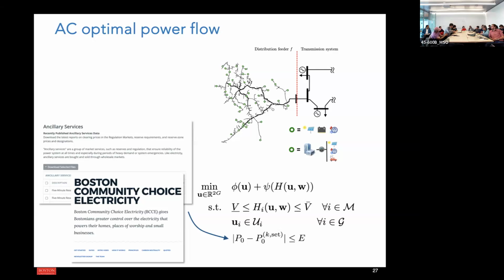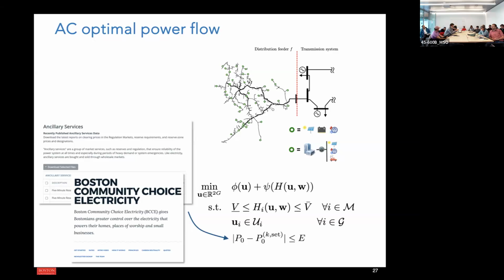Just a quick question, Emiliano. The satisfaction of the nodal power balance, where is that in this notation? Yeah, this is implicitly defined in this map here, right? Because I'm assuming that the dynamics of the power electronics are sufficiently fast so that I can consider powers and voltages in the phasorial domain. Because again, I'm looking at anything downstream of the substation. And I'm implicitly assuming that the feeder is stiff.